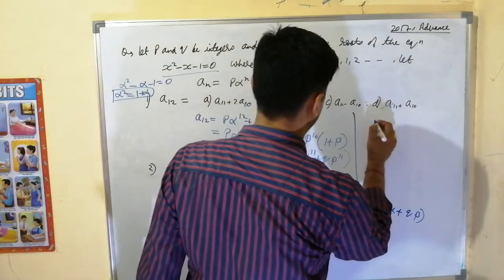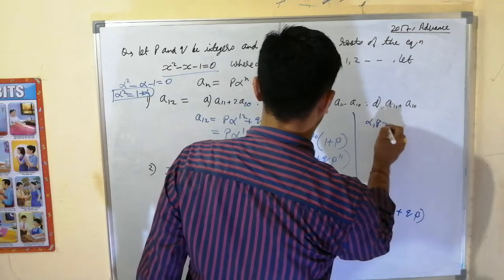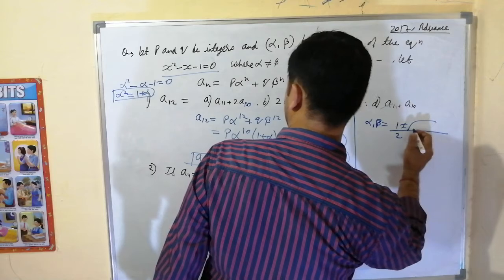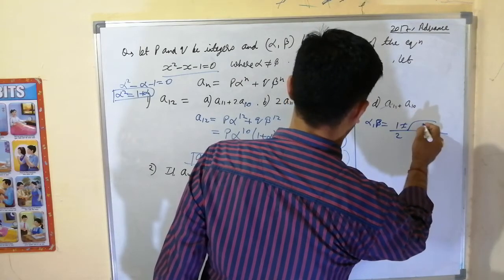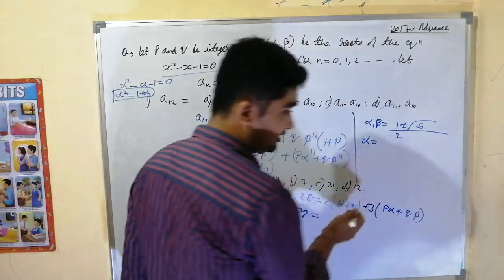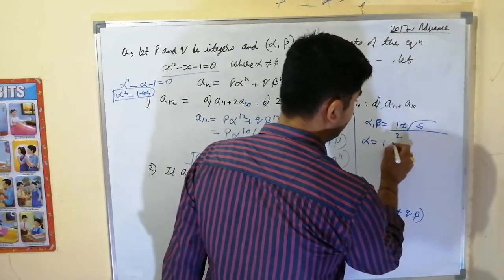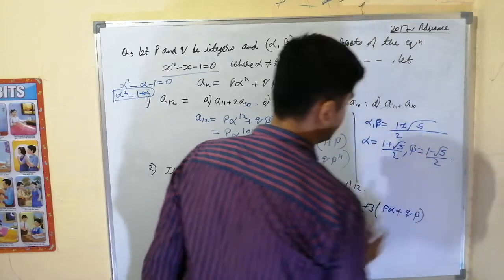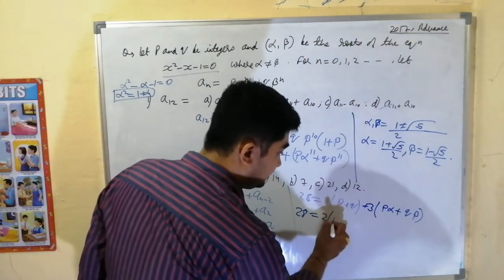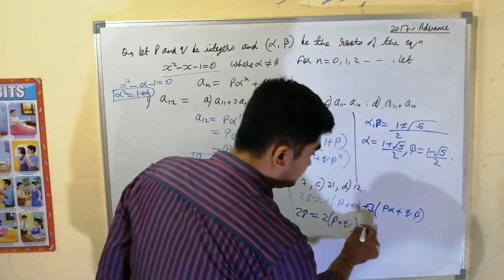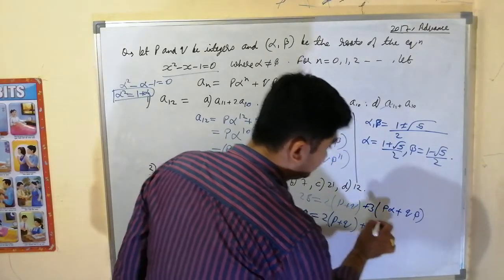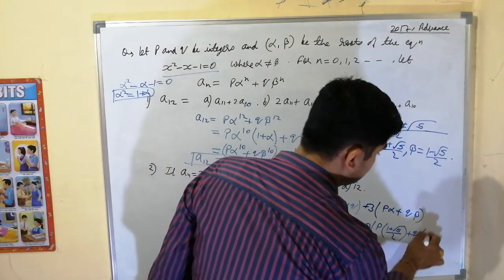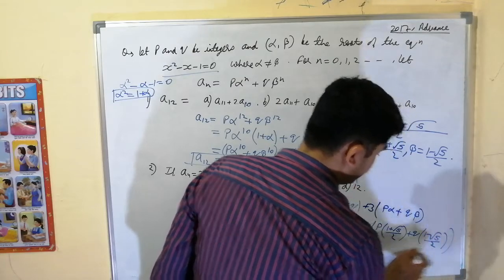So let us find alpha and beta, the roots of this equation, which are minus b upon 2a plus or minus root of b square minus 4ac, which is 1 plus 4, which is 5. That means either one will be alpha, another one will be beta. Let us say alpha is 1 plus root 5 by 2 and beta is 1 minus root 5 by 2. Then this is twice of p plus q, 3 times of p alpha, put the value of alpha, 1 plus root 5 by 2, plus q times of 1 minus root 5 by 2.